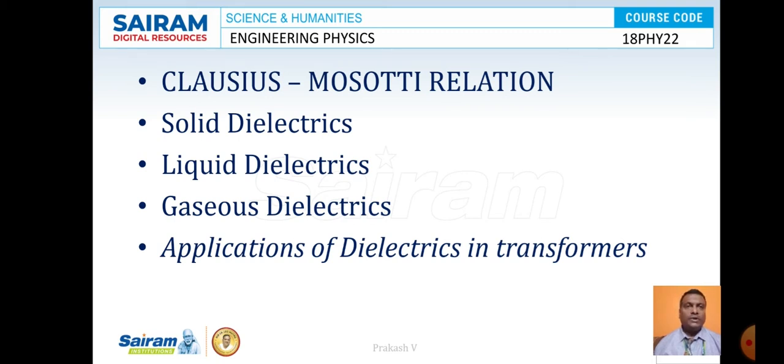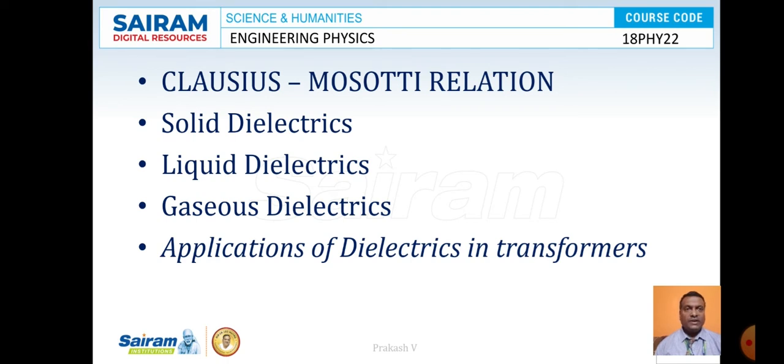And before going to the Clausius-Mossotti relation, let us understand what dielectrics are. Dielectrics are substances that do not conduct electric current but they transmit electric effects, and we consider them all as dielectrics. Dielectrics do not have free charges but they get polarized in the direction of the applied field. The forbidden gap or the energy gap in dielectrics is observed to be large, and the resistivity of dielectrics ranges from 10 to the power of 10 to 10 to the power of 20 ohm meter.